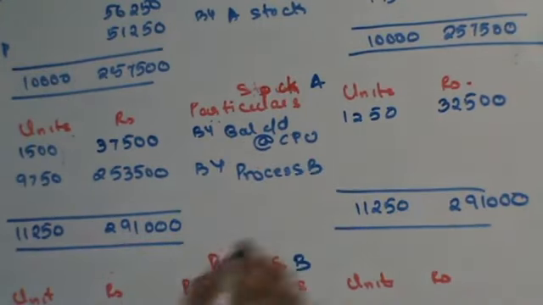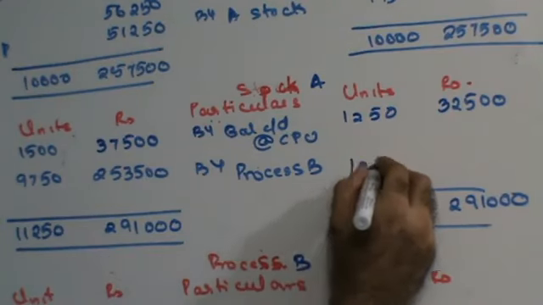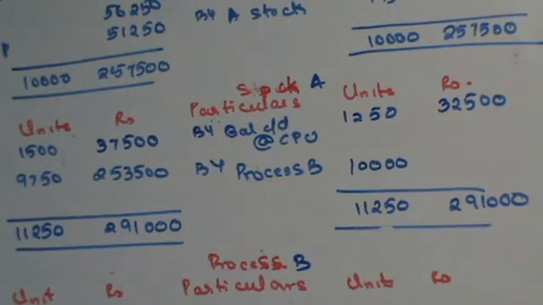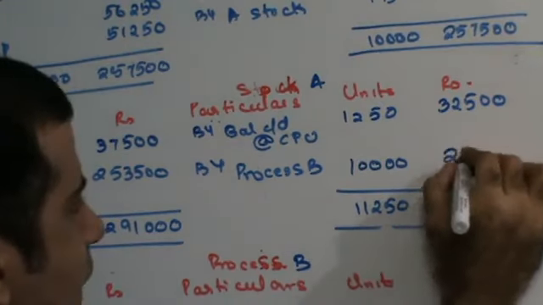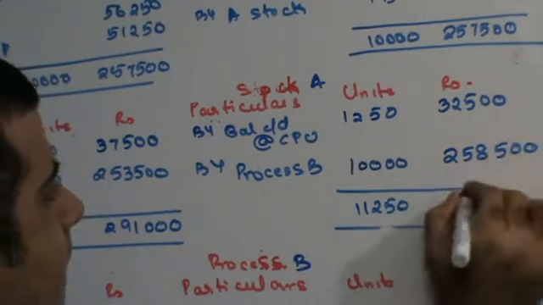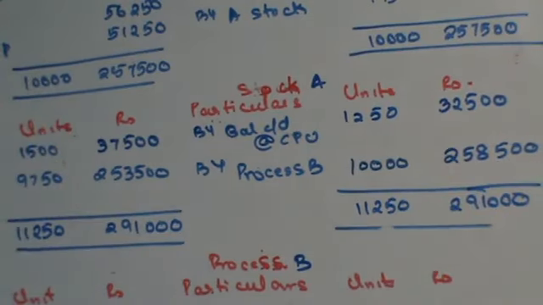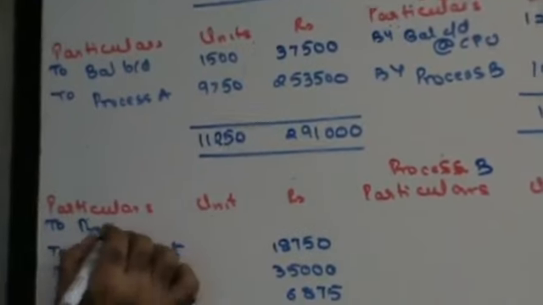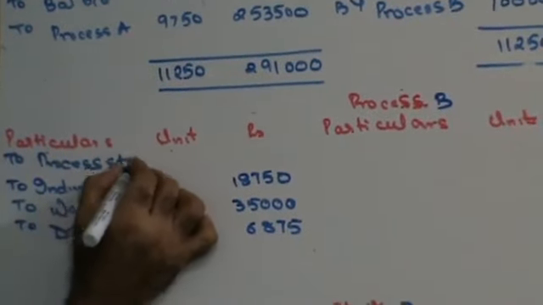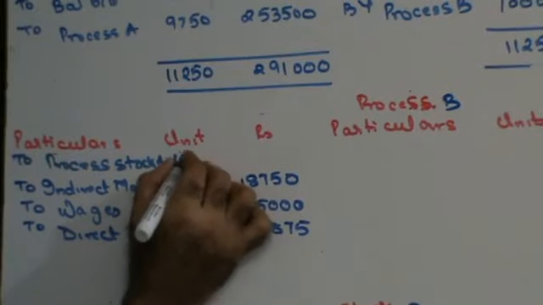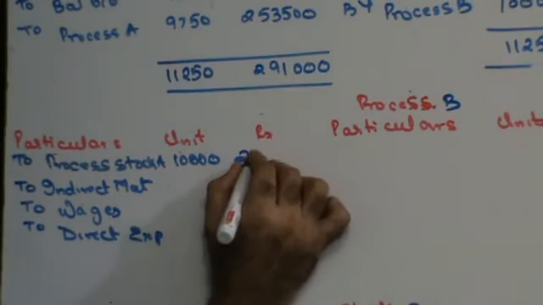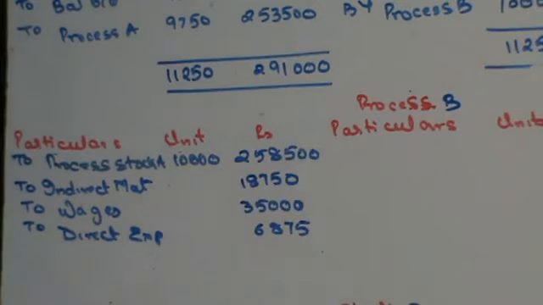So process B will be 10,000 units and the amount will be 2,58,500. Right? Transfer this here to process stock A. 10,000 units and 2,58,500. Right? Now, add this, the units are going to be 10,000, and if I add 2,58,500 plus 18,750 plus